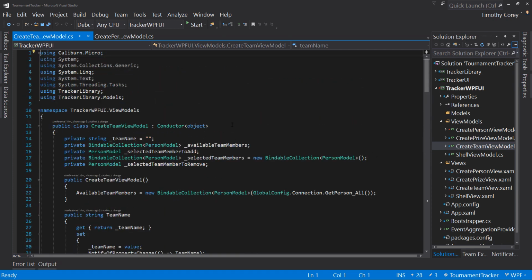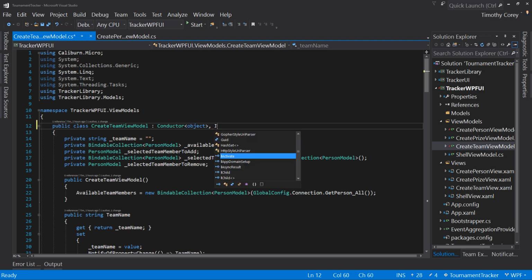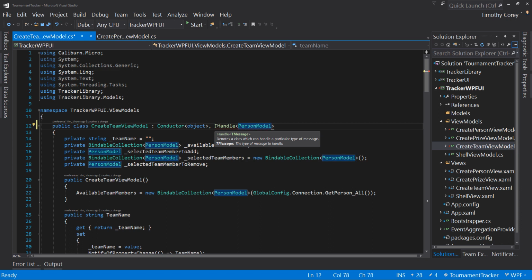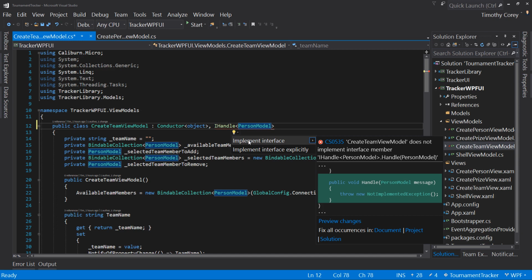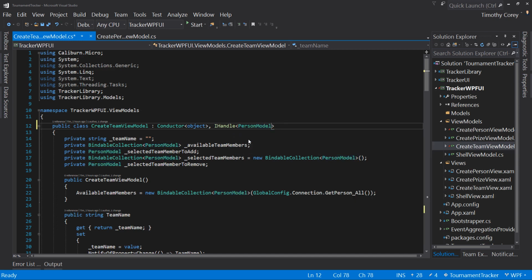And down here, well, actually up here at the top, let's start here. We're going to say that we're going to handle person events. So we implement an IHandle, and this is an interface. So IHandle person model. Now what this says is this class can handle person model events. Now, if I do this little light bulb or control dot and say implement interface,